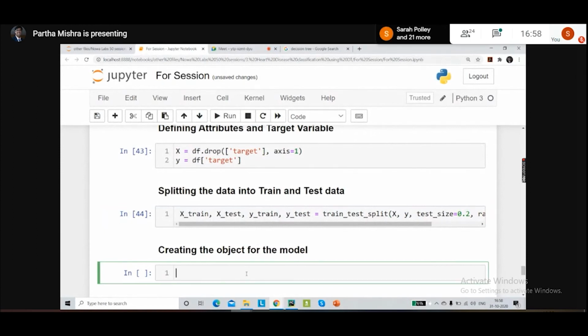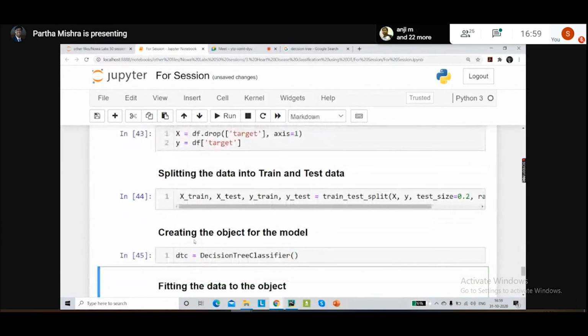Okay, now that this particular data is ready, the only thing left to do is create our model. So the decision tree classifier, I'm going to call it DTC, short for decision tree classifier. You can give any kind of name to this particular object. I like giving it the shortcut names. So we are going to take an object, the decision tree classifier, and I'm going to put in extra brackets so that we get an object of this particular model.